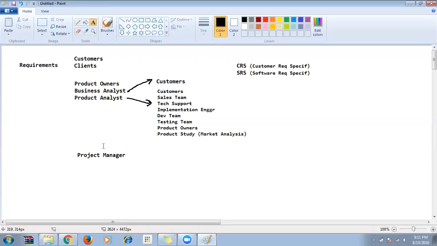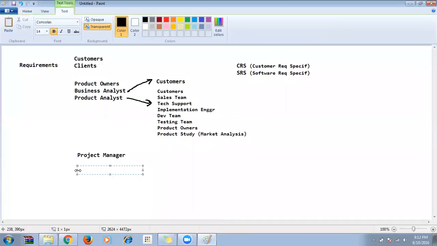He is like a head handling the teams. The project manager will not have a single team; he will have 3 to 4 teams, and he will come and check the status of the development.